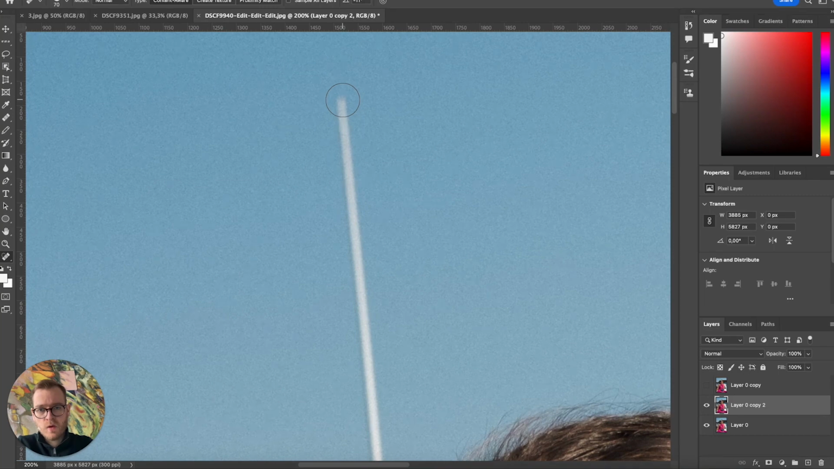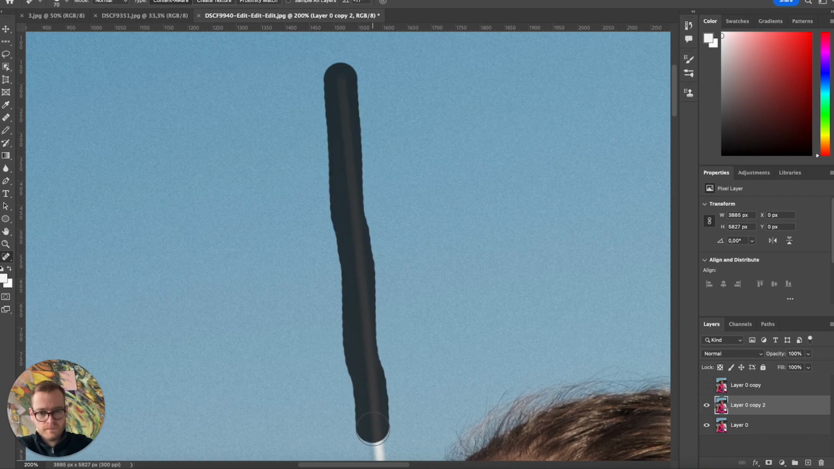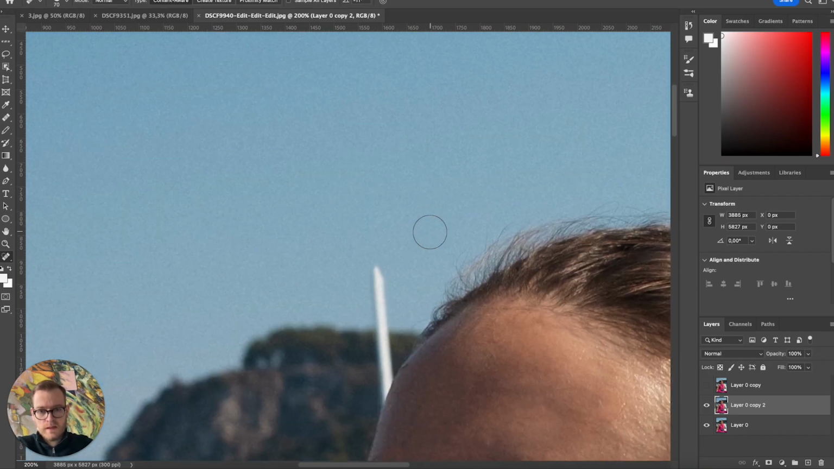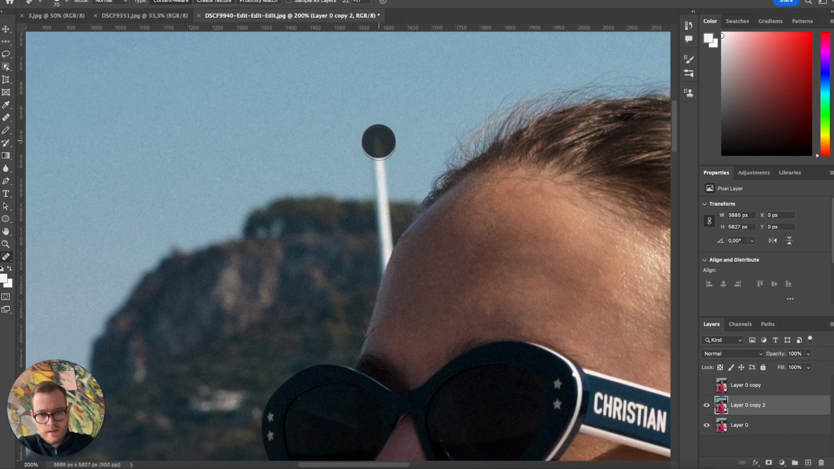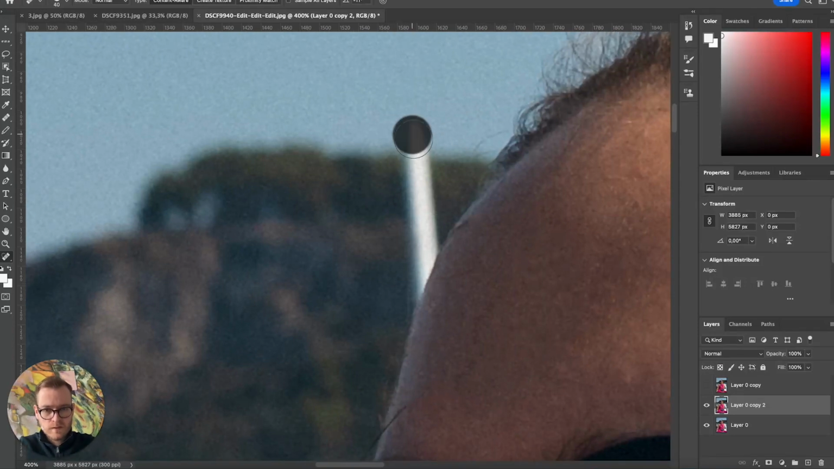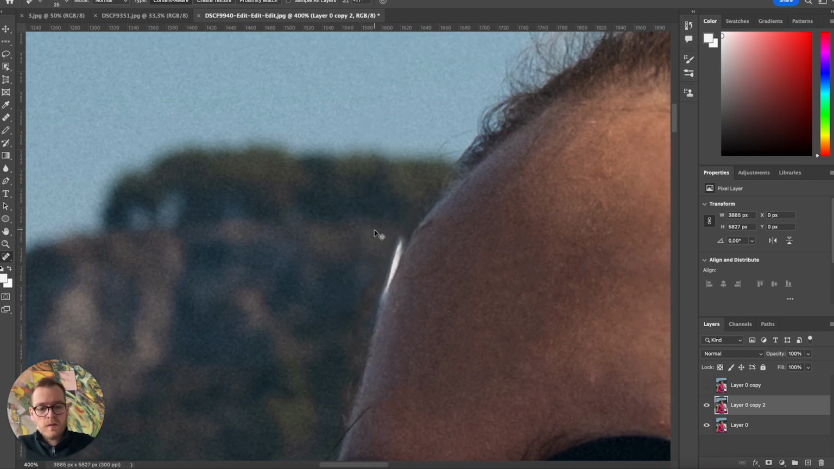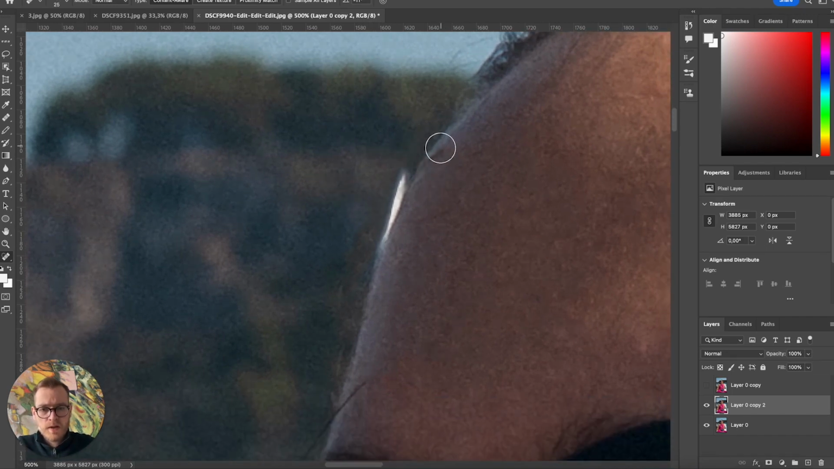And next, all you need to do is essentially brush over this object, like so. As you can see, the object is being removed very easily. So now I will just brush like so. Alright, and we need to be quite precise in this part here because the object was touching the